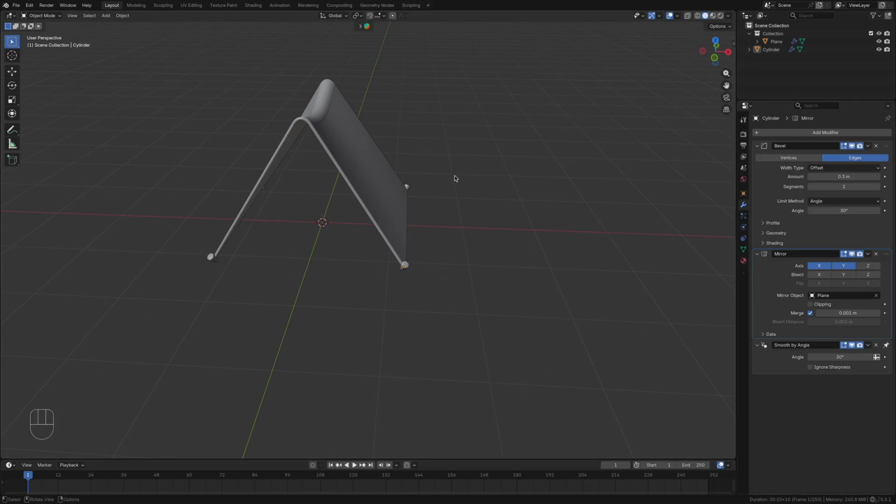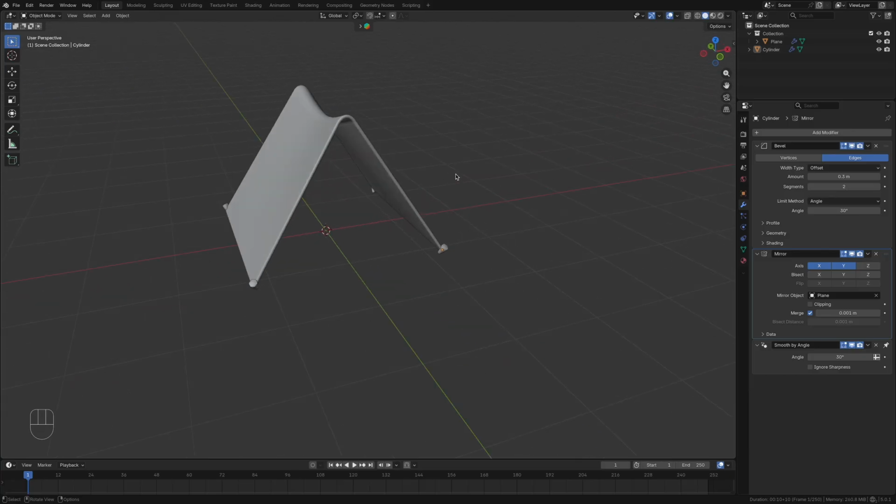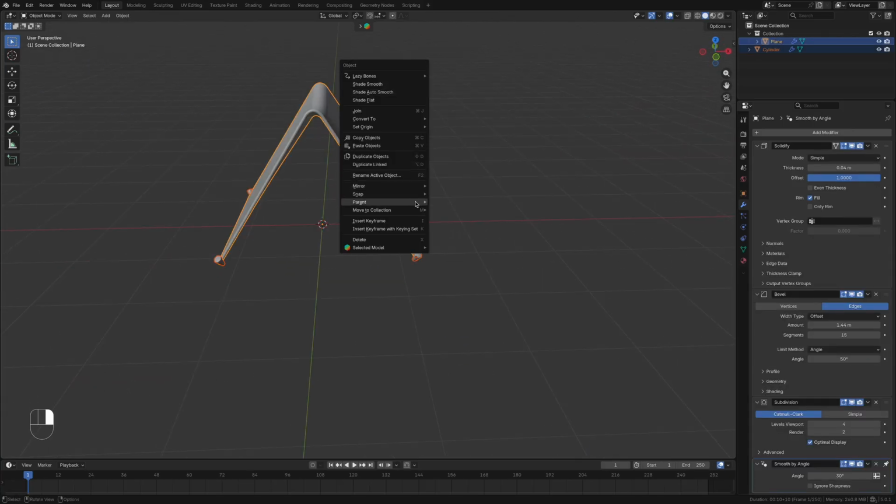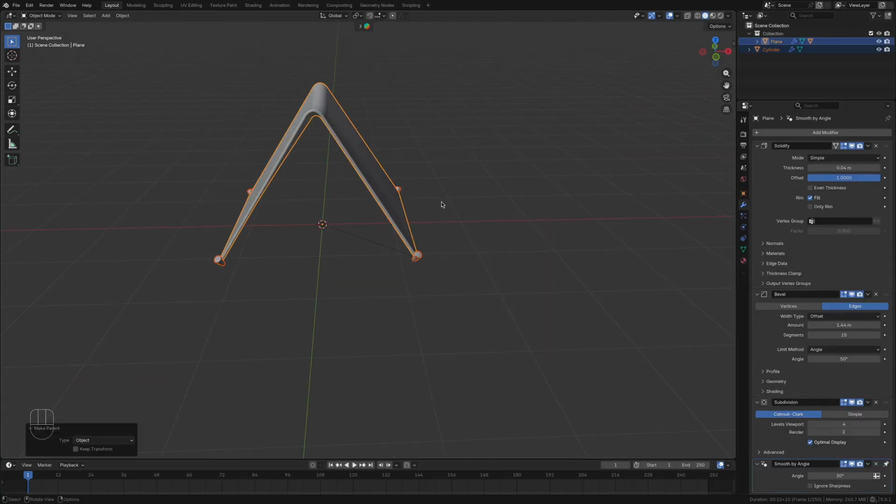Now the last thing we need to do is parent the cylinder to the tent. Right-click, go down to Parent, then select Object. Now when we move the tent, it looks like